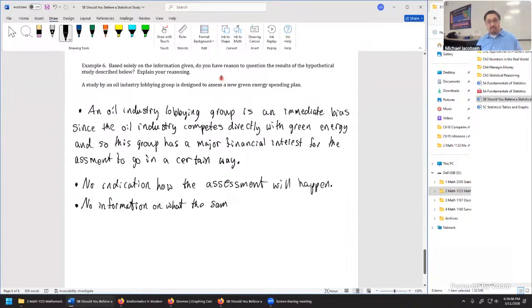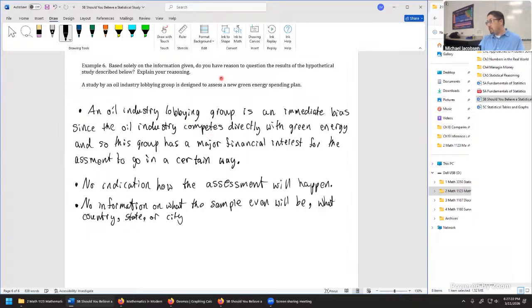Possibly just because, again, this context was really, really short, just one sentence, but that's fair game as well. No information on what the sample even will be and what country, going along with Echo's comment as well, state